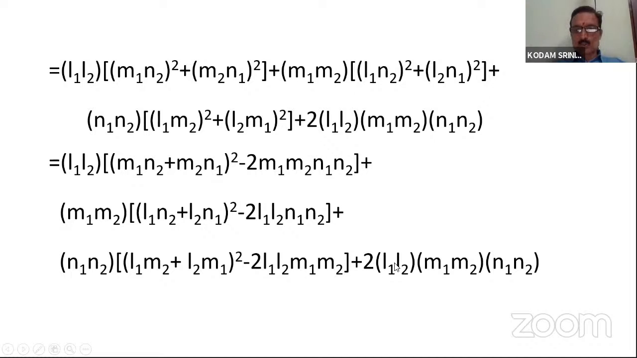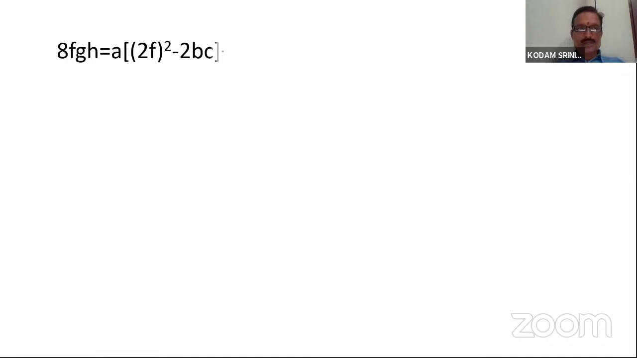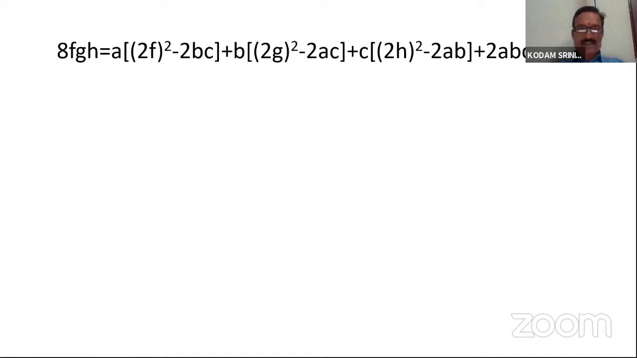Again that plus 2ABC. Now just substituting the values. In this case, on the left hand side, we have taken the product of 2F, 2G, 2H. That is 2 into 2, 4, 4 into 2, 8. That is 2F, 2G, 2H, that is 8FGH. On the right hand side, we will have A into